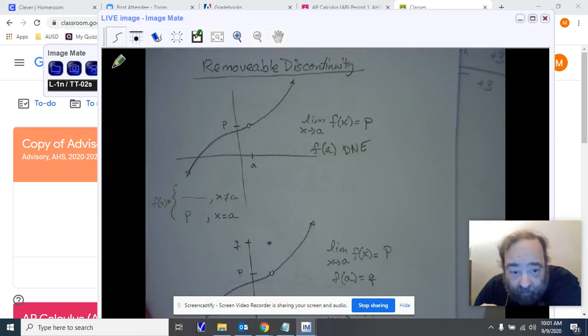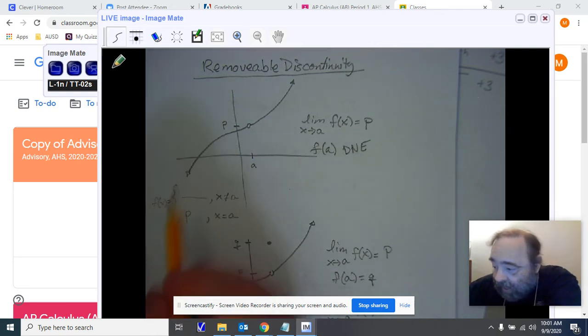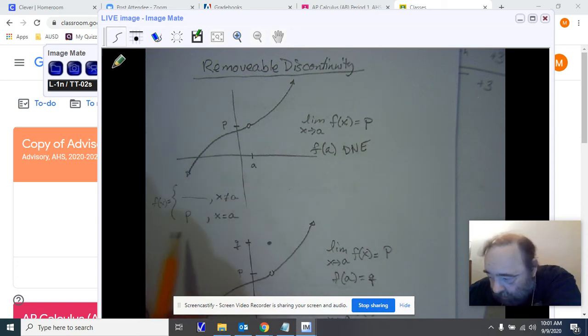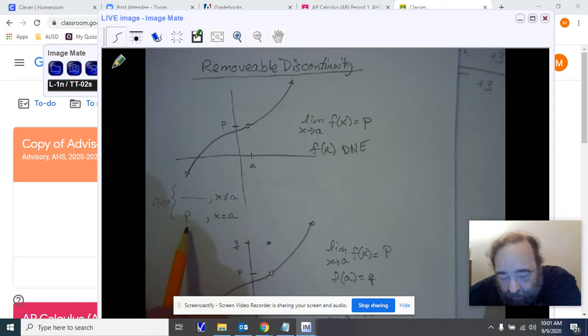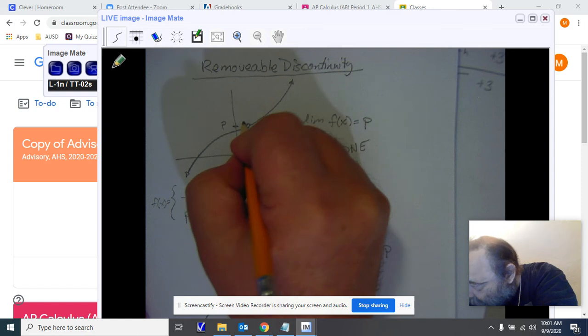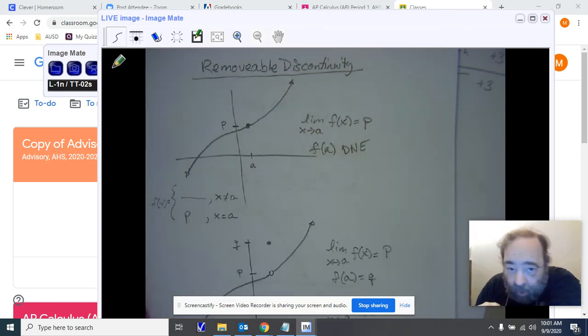Once again, a removable discontinuity means that the limit is going to exist, but the value is either misdefined or not defined at all. To clean this up, as mathematicians in calculus, we make a piecewise function and we fill in the point correctly. This then fills in the point and allows it to be continuous. So we can change removable discontinuities and make a function continuous,